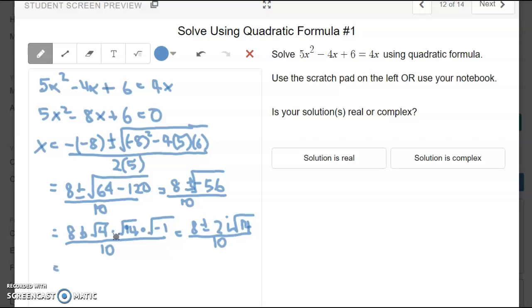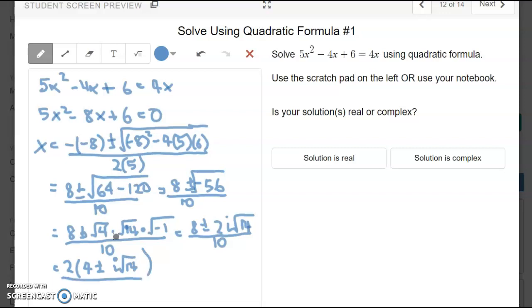And again, I can break this up as well. I can also factor out 2 from here. That becomes 2 times 4 plus or minus, I've already taken 2 into there, so it's going to be i root 14